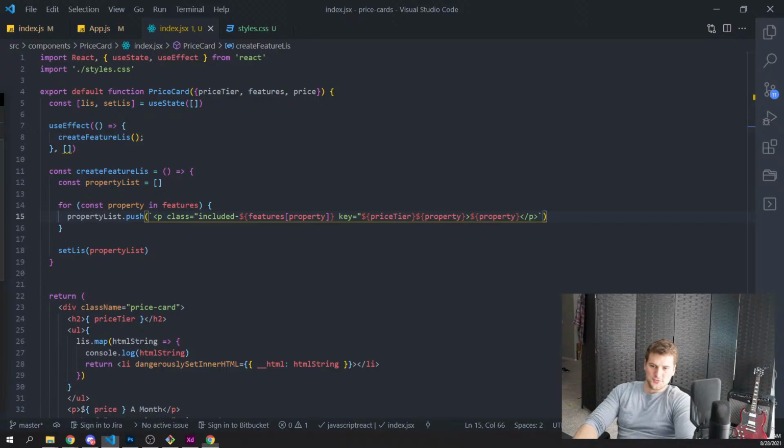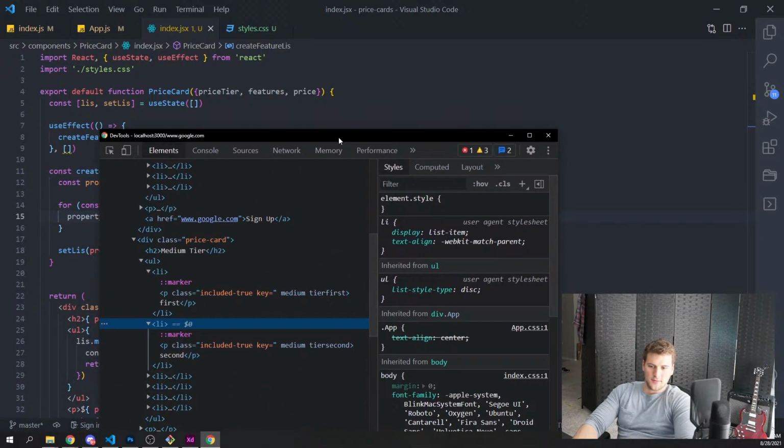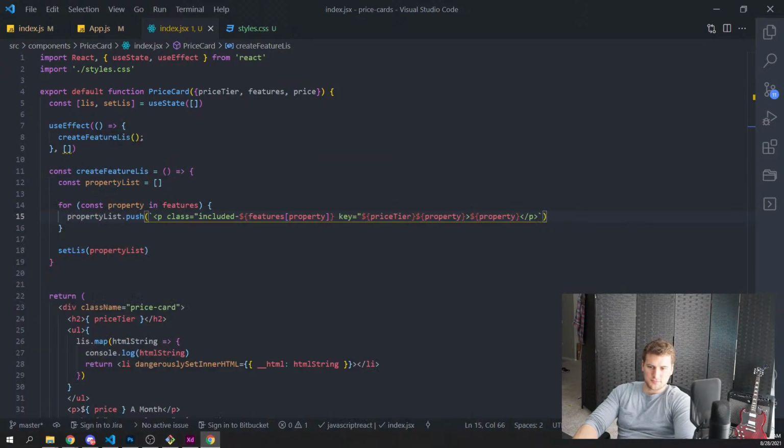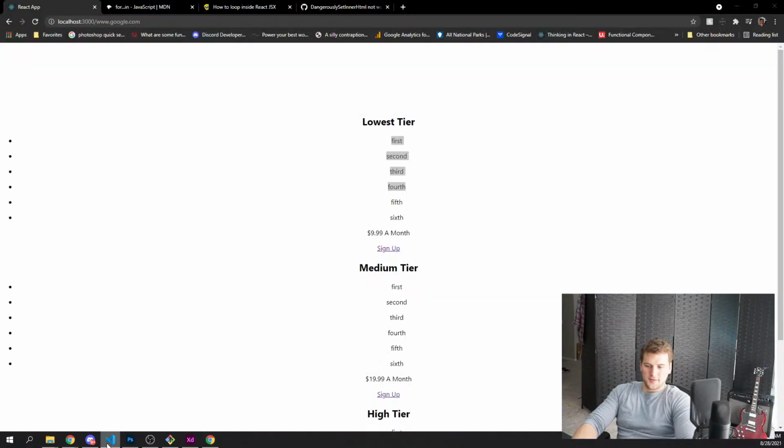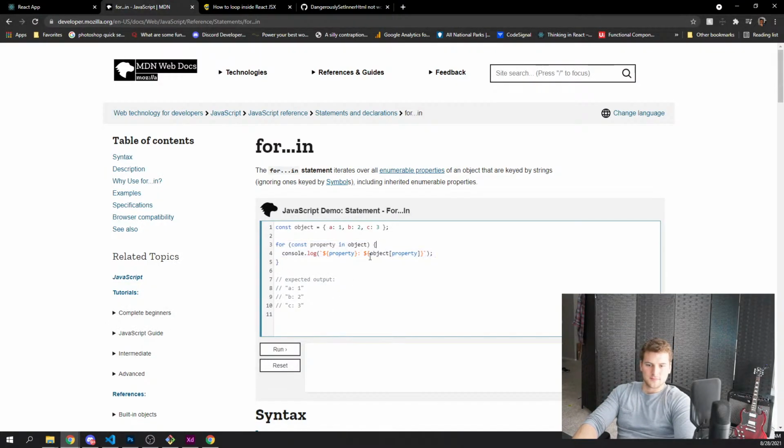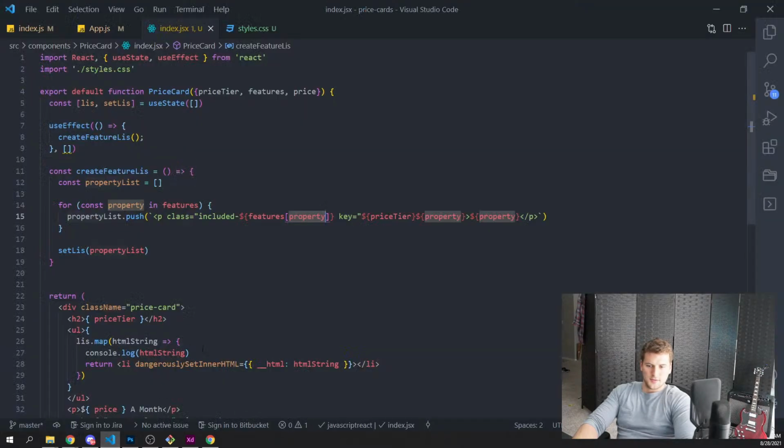It renders when it's not proper like that? Is that not valid? Object property, right? Features property, which is basically the same thing.